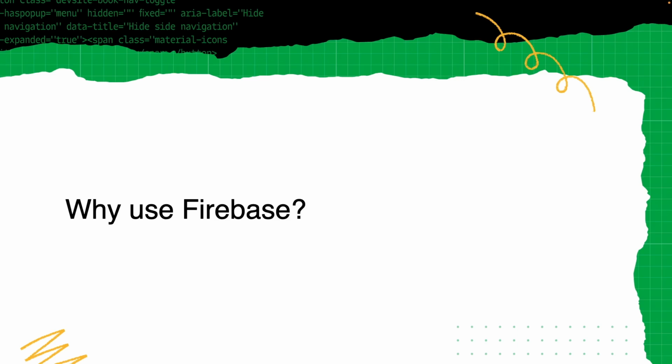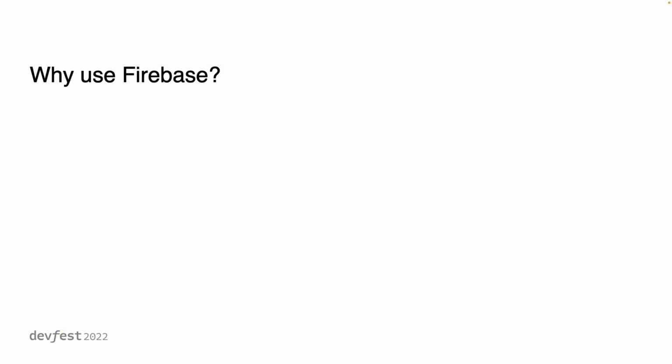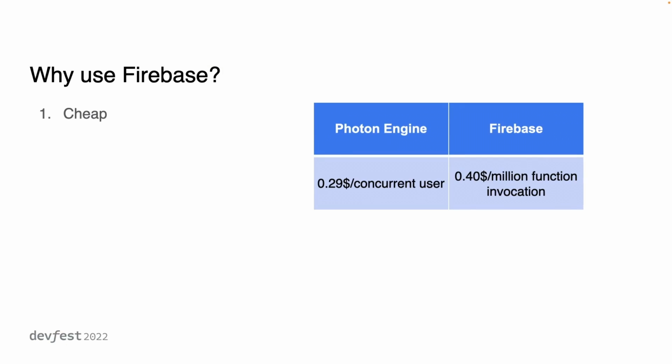Alright, so first of all, why would we use Firebase? Why wouldn't we use any other technology? For example, in Unity, there is Photon Engine, which is really used a lot in multiplayer indie games. It's basically the standard. So why are we using Firebase instead? Well, there are some reasons. If you're making a prototype, and maybe you just want to test the game, or it's a game that at the beginning is not going to have many users, it might be cheaper to use Firebase because they have a much more lenient plan, and you can have a lot of users without paying a cent, while with Photon, you on average have to pay that amount for every concurrent user once you go up to 20 concurrent